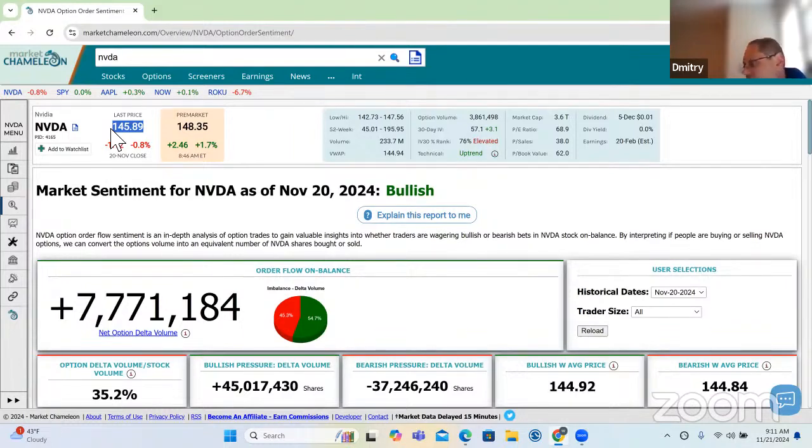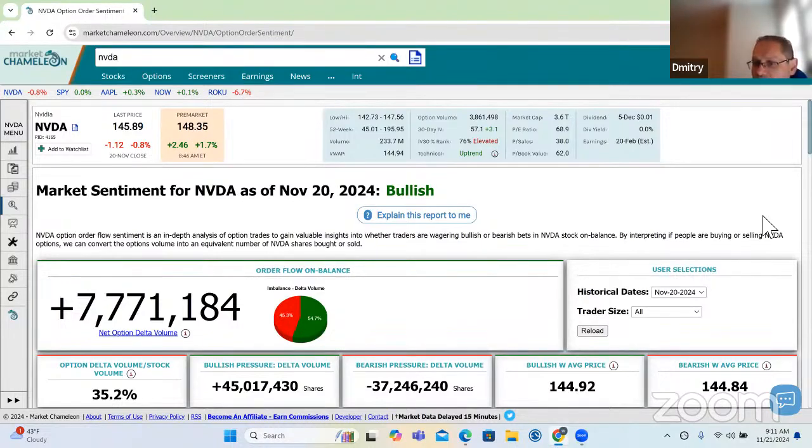Maybe there was a lot of delta when the stock was lower, scooping it up, and then as the stock ran up, the trades weren't as aggressive, or maybe the deltas are following the stock price as the day progresses. So this is just letting us know how close the current price is relative to where those